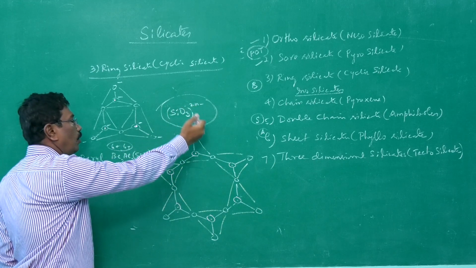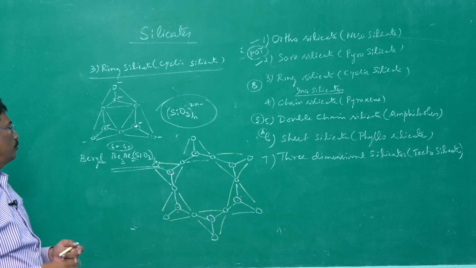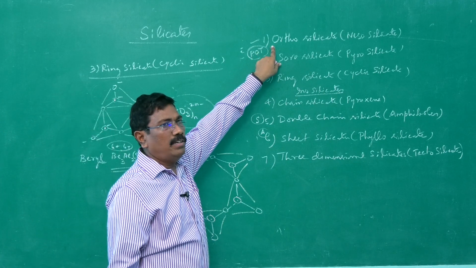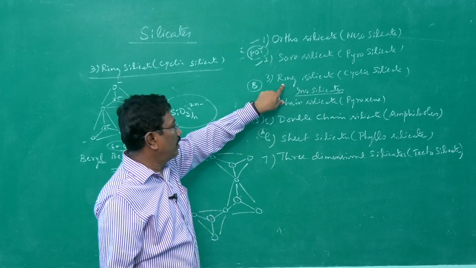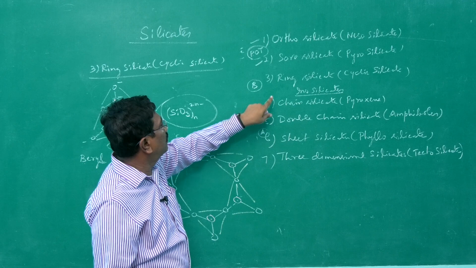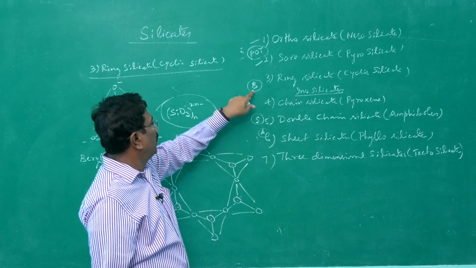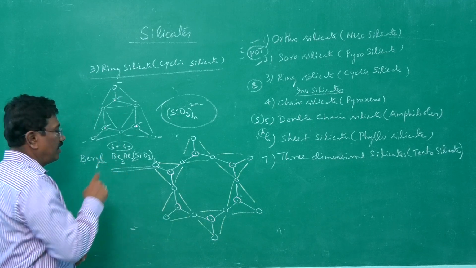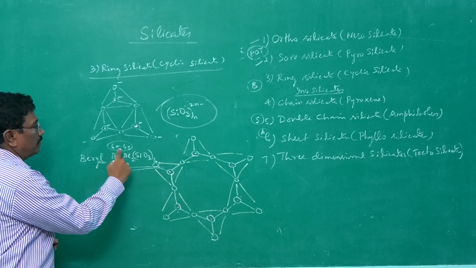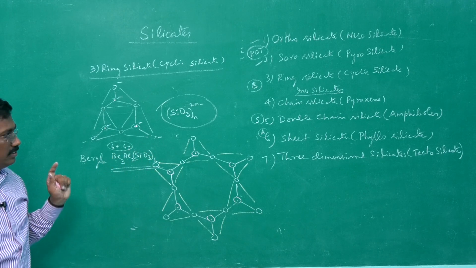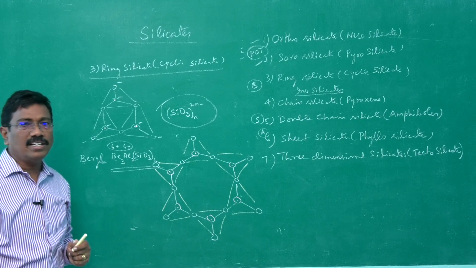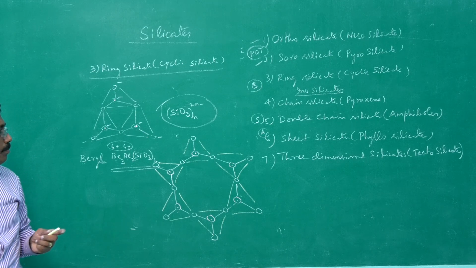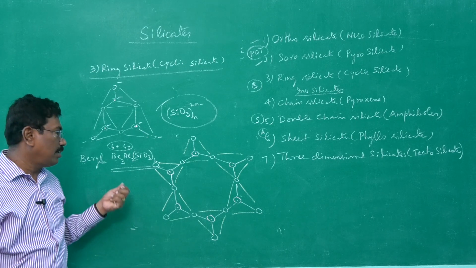How the charges are made, how the number of atoms of oxygen comes in, all those things we have calculated. Beryl is the example. First example, phenacite, olivine, tartwitite. Here we started with beryl: beryllium, valency 2, aluminum, valency 3. Therefore 6 plus 6, totally 12 plus, so the 12 minus charge is nullified. This is how we get the molecular formula. For ring silicate or cyclic silicate, here in the aluminosilicate, each aluminum is surrounded by 6 oxygen atoms octahedrally.